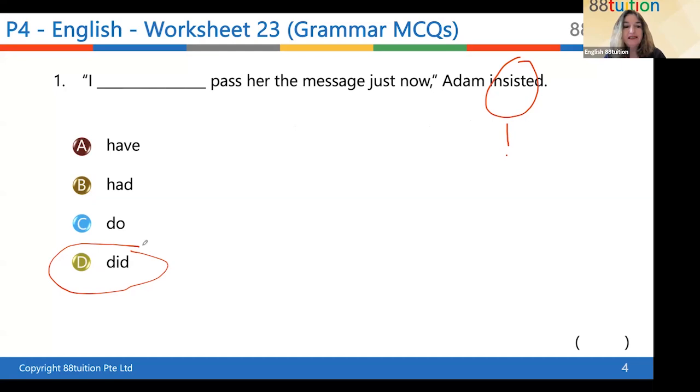Okay, that's when we use did. So normally he would say, I passed her the message just now. But when we want to make it very big, we say, I did pass her the message. You should not accuse me of not passing the message. That's not right. That's not fair. So you can put this in a sentence to emphasize. I don't know if you remember about Cinderella, but Cinderella said, I will go to the ball. I will go to the ball, she said.